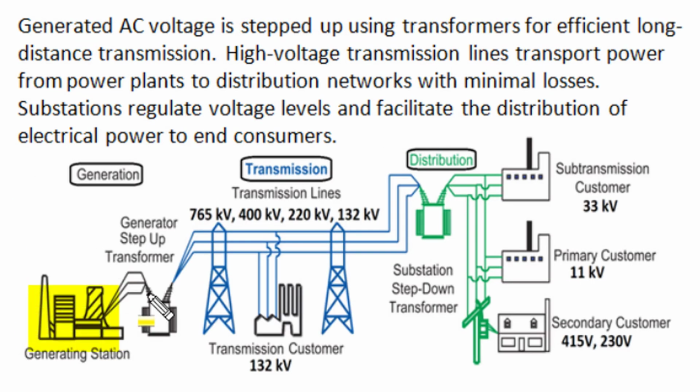Rotating generators have a limitation of maximum voltage that they can produce, and for economic and efficient power transmission, the generated AC voltage is stepped up near the generating station using static transformers, and electric power is transmitted over long distances in bulk at very high voltage, 765 kilovolt, 400 kilovolt or 220 kilovolt in the primary transmission system and 132 kilovolt in the secondary transmission system, and later this transmitted power is distributed among different sections at reduced 33 kV, 11 kV or 415 volt three phase or 230 volt single phase to different types of consumers.